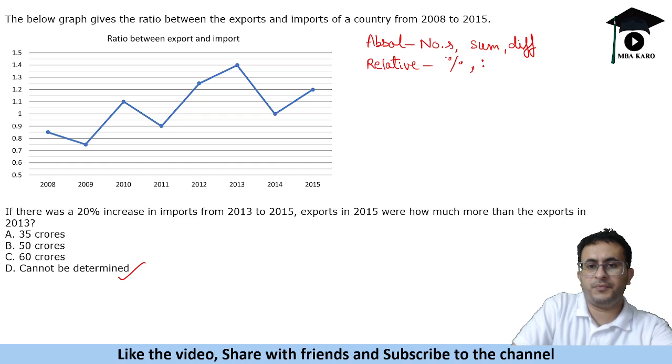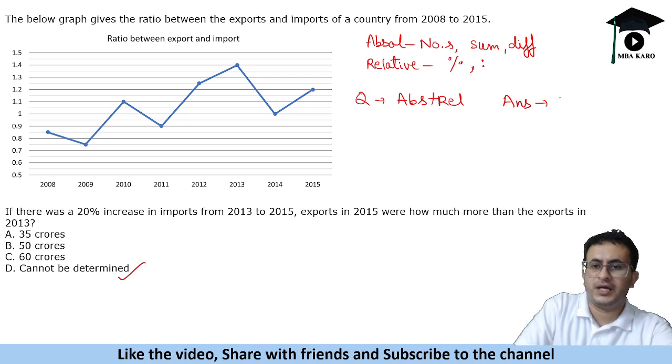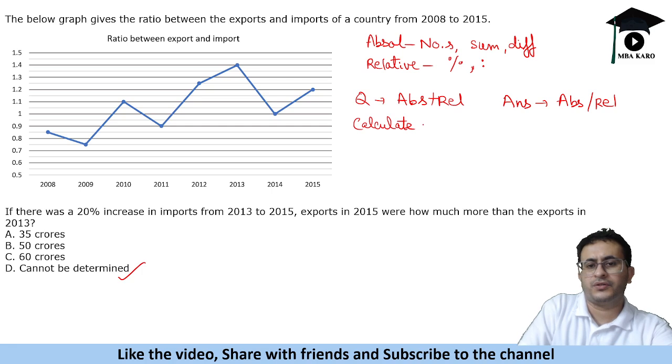If a question has absolute or relative values, and the answer asks for absolute values, then in that case you need to calculate